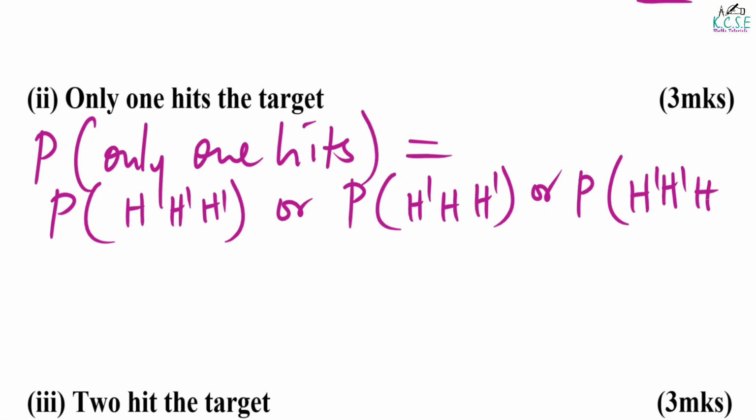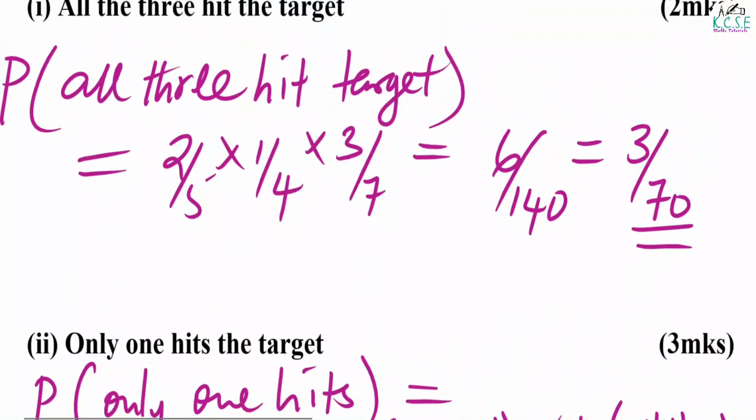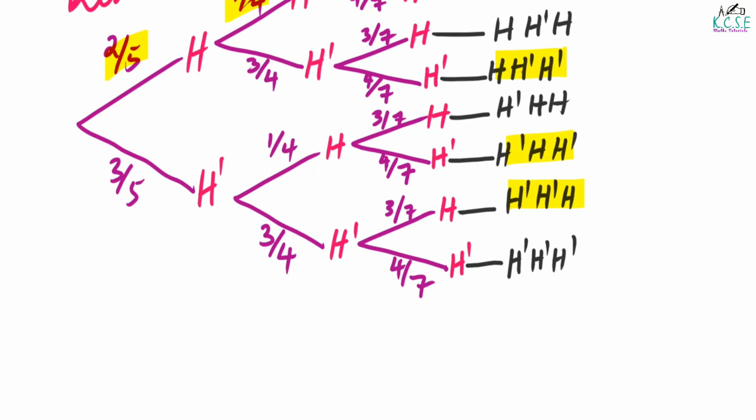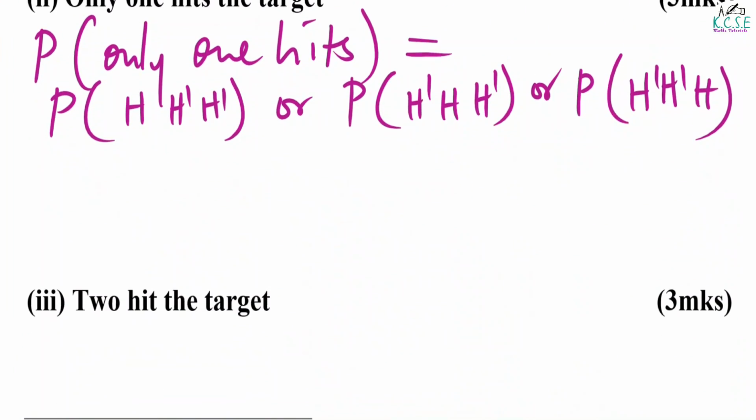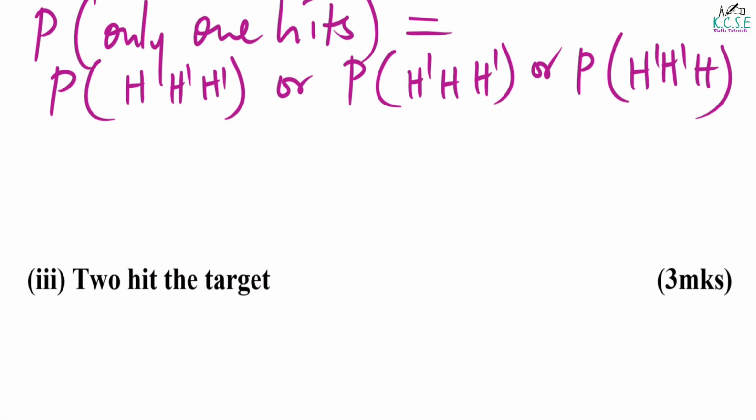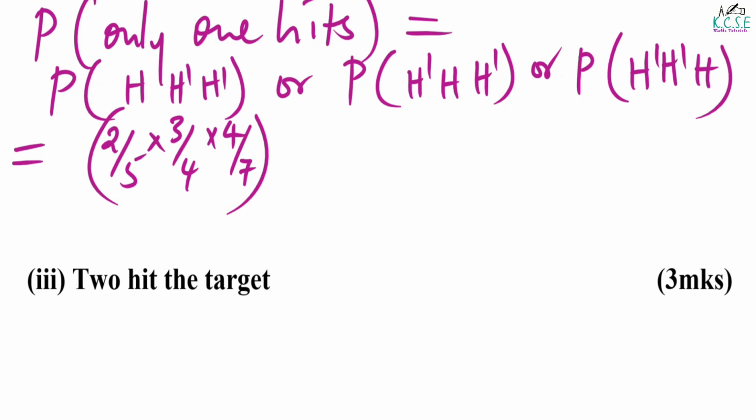So these are the instances that I have highlighted here, the three of them, where you have only one hitting the target and two missing. Taking the probabilities, this is what you have: 2/5 multiplied by 3/4 multiplied by 4/7, or in probability means addition, and in probability is multiplication. So the second one is 3/5 times 1/4 times 4/7